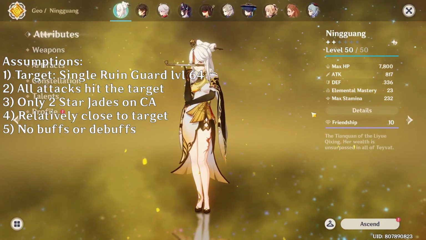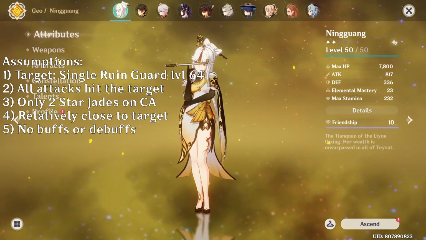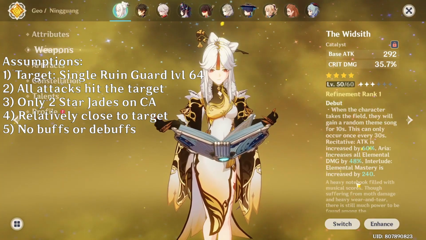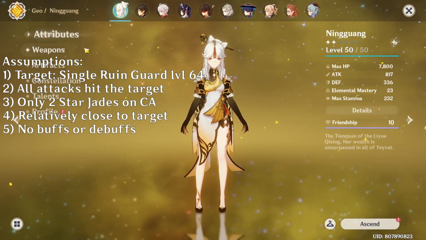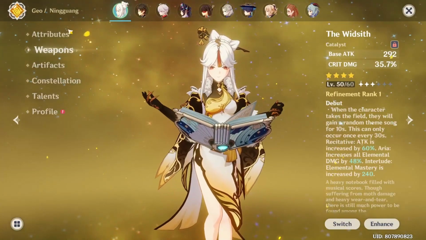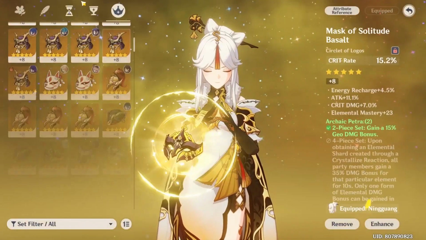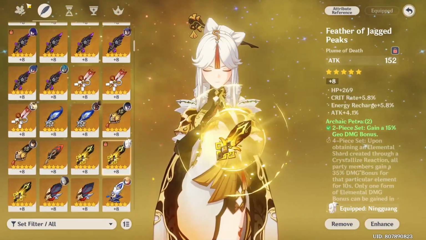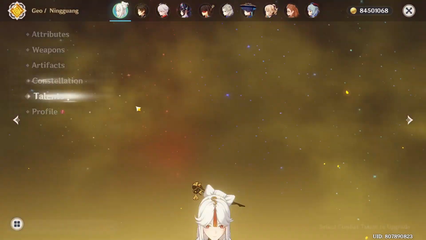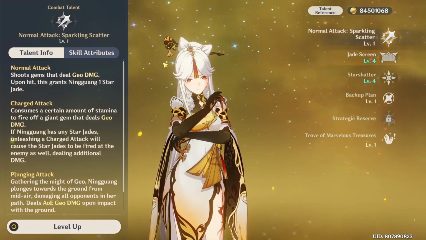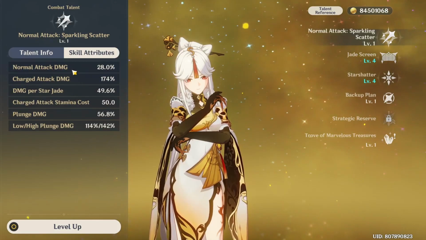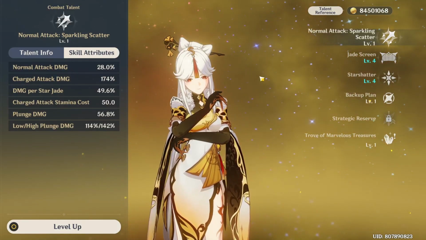Now notice here, I might have the Widsith, but because I can't switch off of her, she will never get these buffs. I also should probably show all my stats, because my calculations are based off of my character and my build, which could be better, but it's what it is. Then we have Constellation 6. She's my main. For this one, since we're only concerned with 2 normal attacks and 1 charge attack, we only need these first 3 talent percents. So yeah.